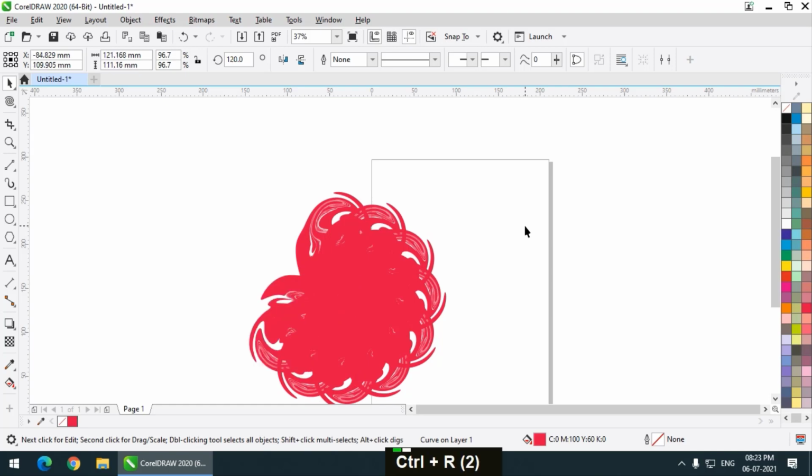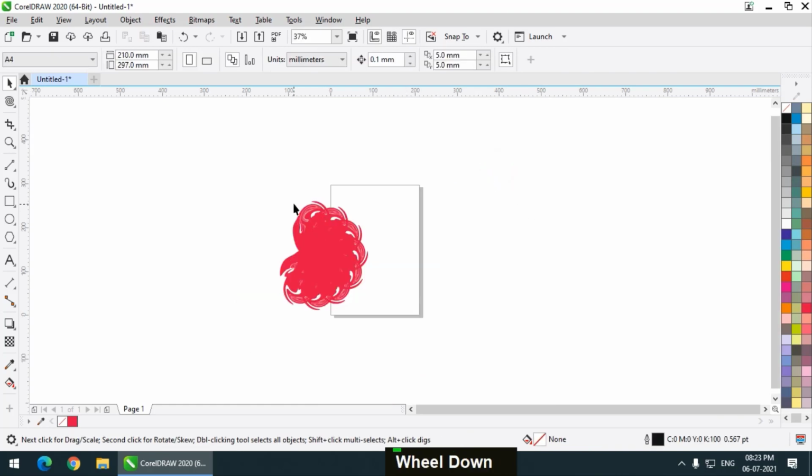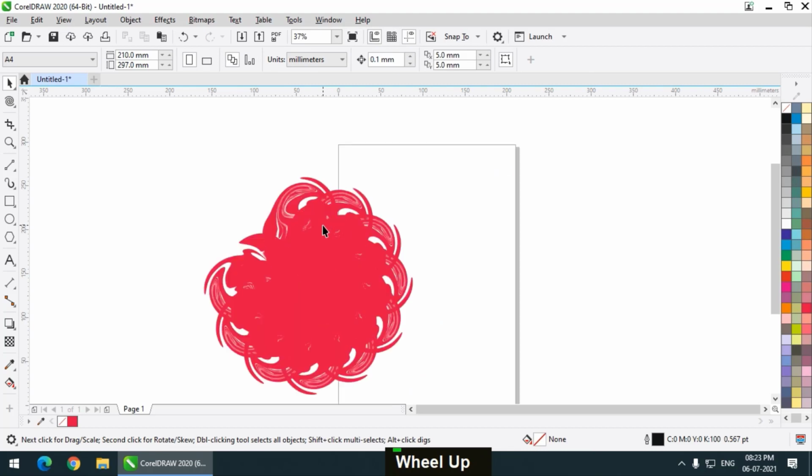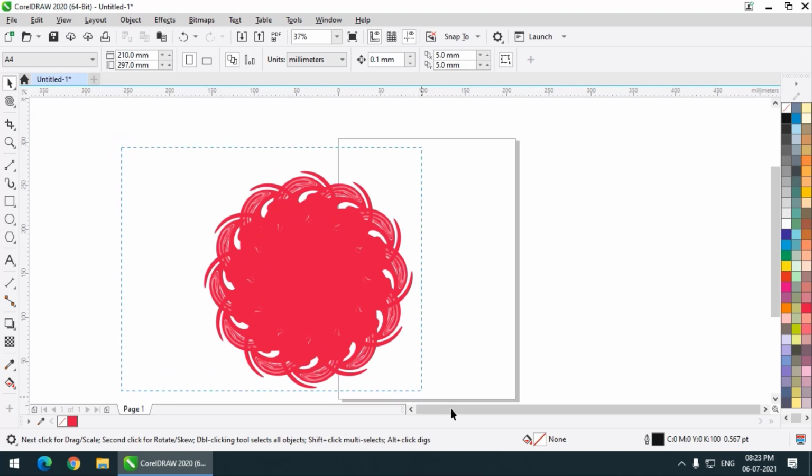Since we have used the twirl tool, it has become heavier. As you can already see, it is taking a longer time, but we can already see that by using any random abstract shape we have created a pretty much symmetrical shape.